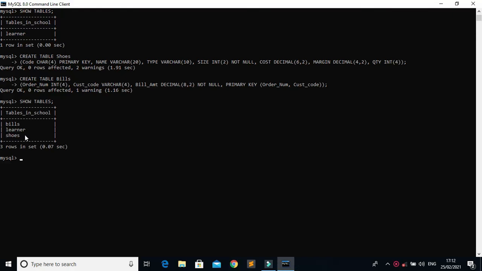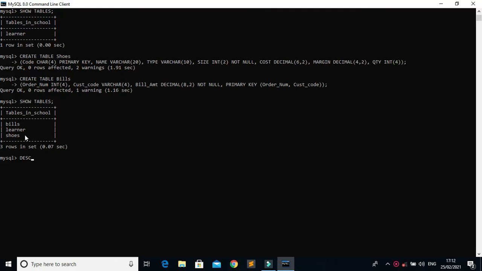Now if we need to see the structure of the table, we can give a command that is describe. You can use DESC or describe.